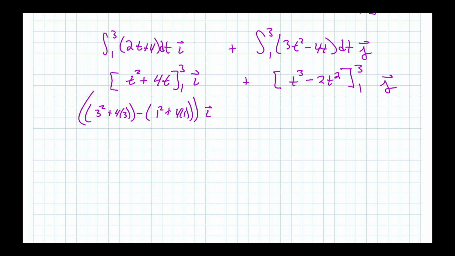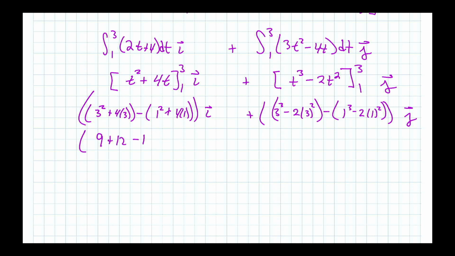i plus, put in the 3 here, 3 cubed minus 2 times 3 squared minus, put in the 1, 1 cubed minus 2 times 1 squared, j. Got to work these out. So this is 9 plus 12 minus what? Let's just add these together as we go. This is 1 plus 4, right? When you put in a 1, so that's 5. So just minus